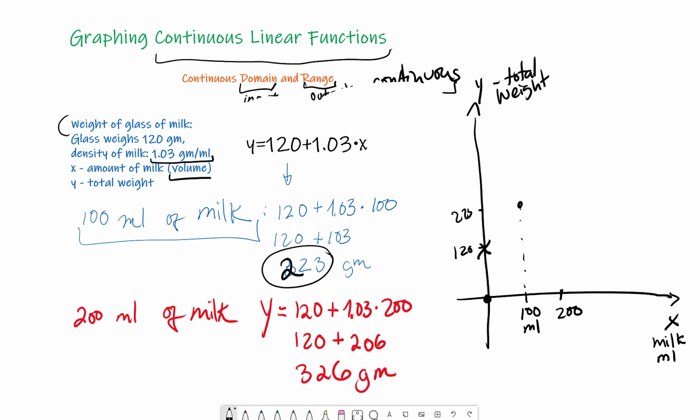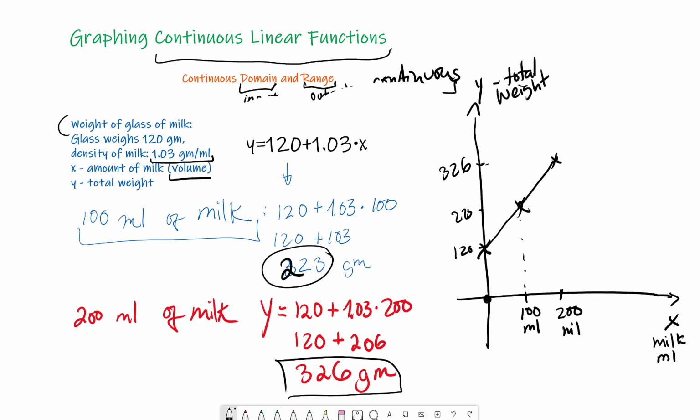Let's also look at the point, 200 milliliters, and then we have 326 grams, and I'm going to put that right there. So overall, now we have these 3 points here,